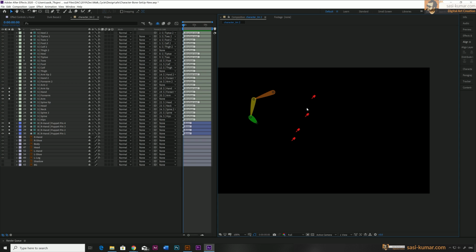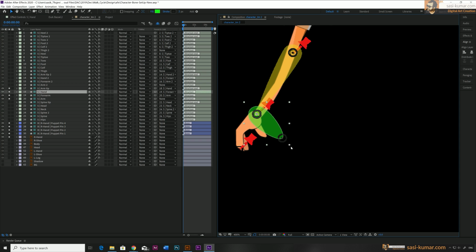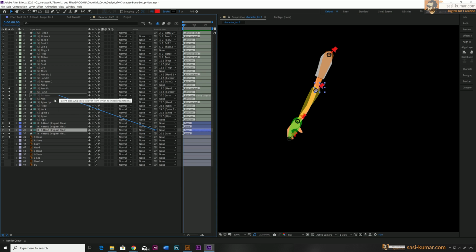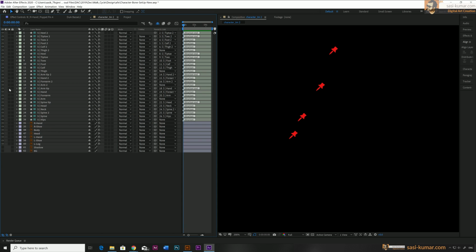Alright guys, so I have done the mapping for all the body parts, and I also shy them in here.